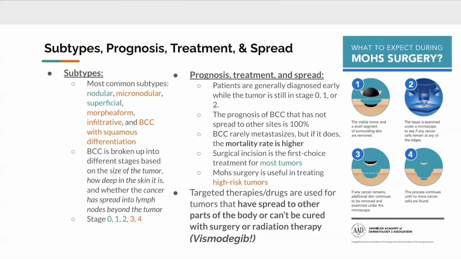tumors. But this is a more complex and time-consuming process, and I put a picture over here that explains what patients can expect during Mohs surgery. But when basal cell carcinoma does spread, this is when targeted drugs like vismodegib are considered for patients. But optimal management of basal cell carcinoma can be facilitated by early recognition and priority treatments given to the aggressive